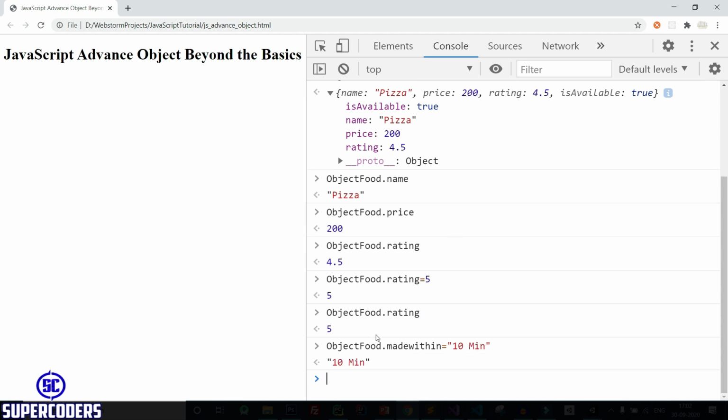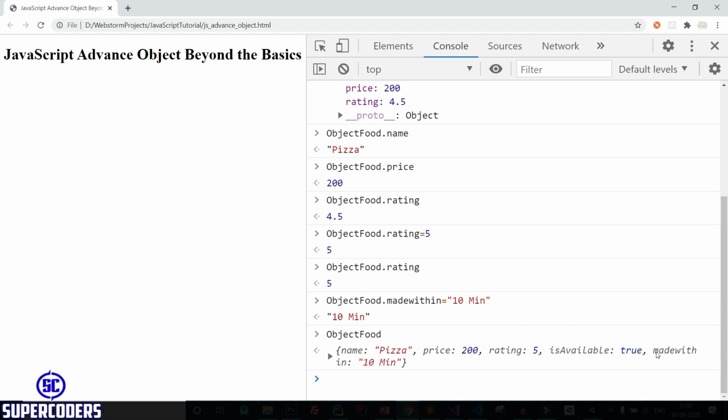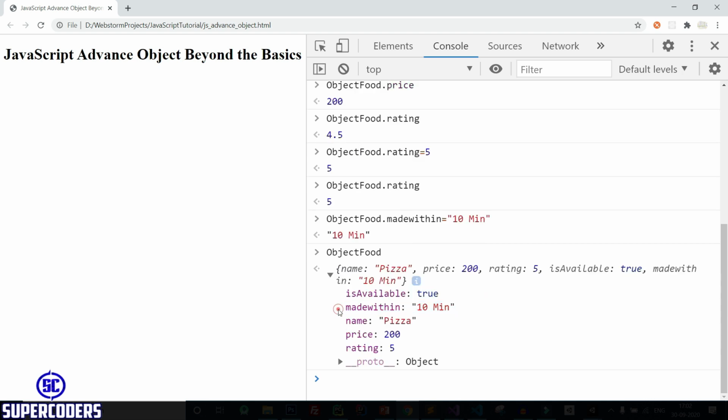Enter, and you can see this is set in object food. Now if you access object food, you can see new data has been added. So in this way you can add a new key to objects. You can see here I added a key made within.